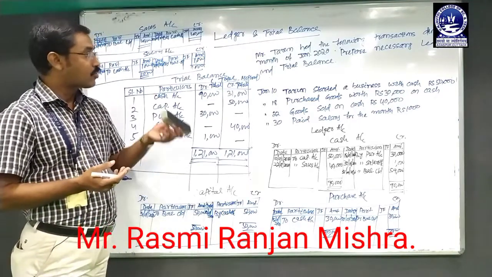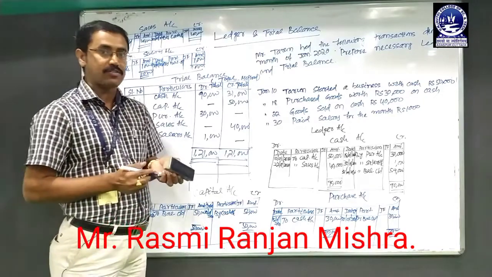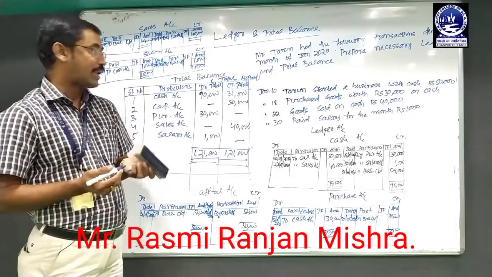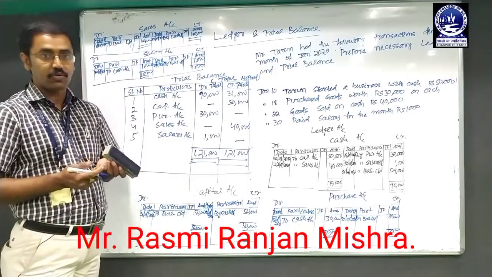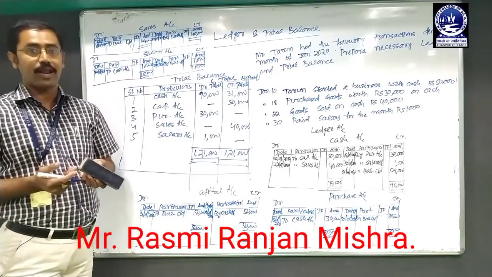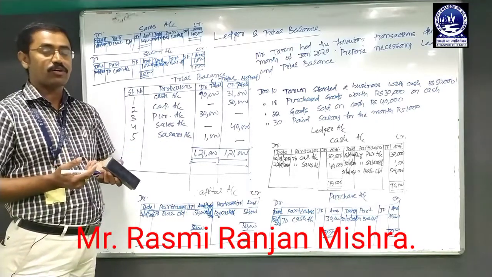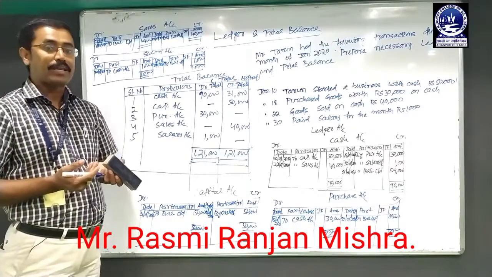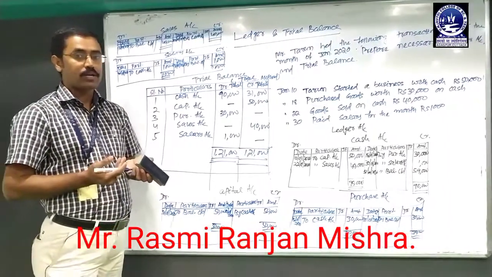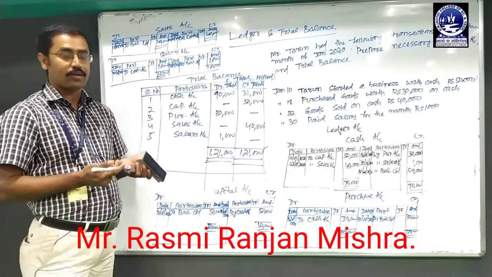So this is our total completion of the ledger posting as well as trial balance under three methods. There are two important methods, but the third method is the merger of the first two methods. So this is our today's class relating to ledger and trial balance. In our next class, we will discuss final accounts, how the final account will be prepared, or the trading profit and loss account and balance sheet will be prepared. That we will discuss in our next class.